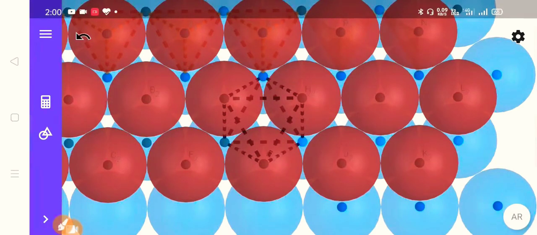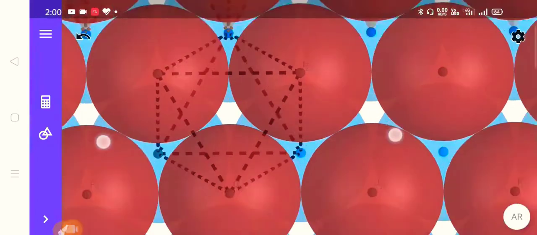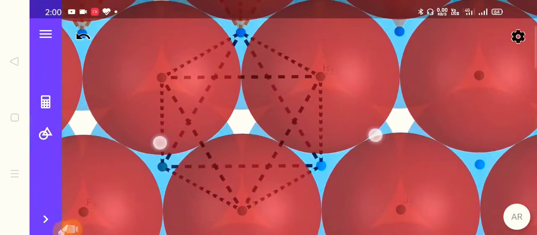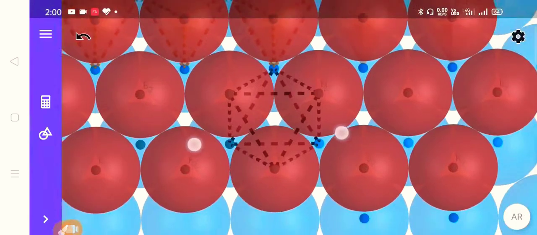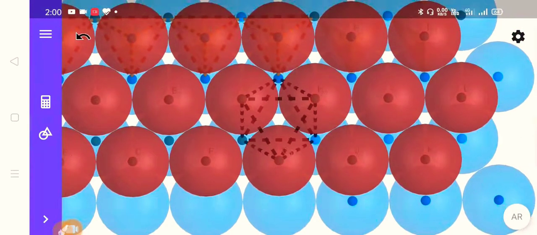So these 6 spheres will create an octahedral void, which is already mentioned here. As you can see, we can see through these octahedral voids. Now this is not a single octahedral void here, we have a series of them.